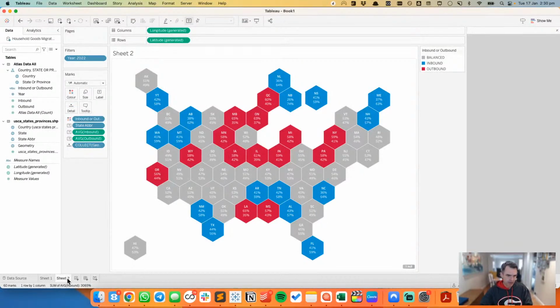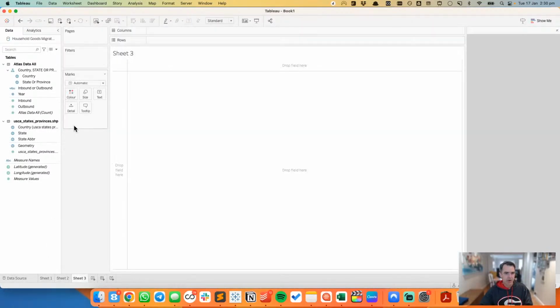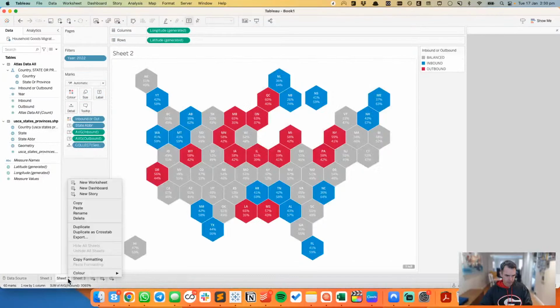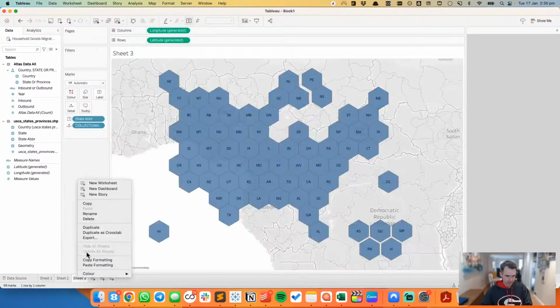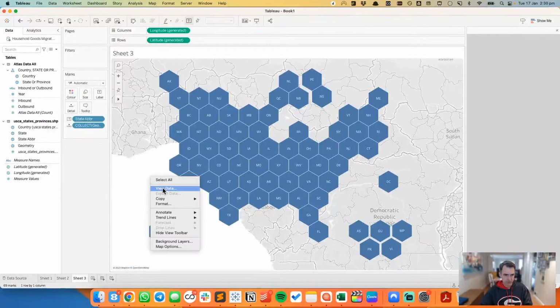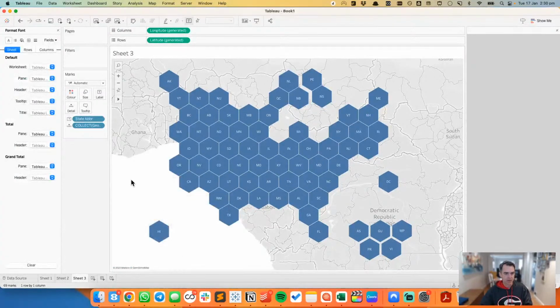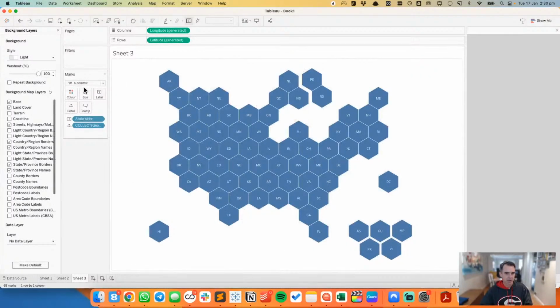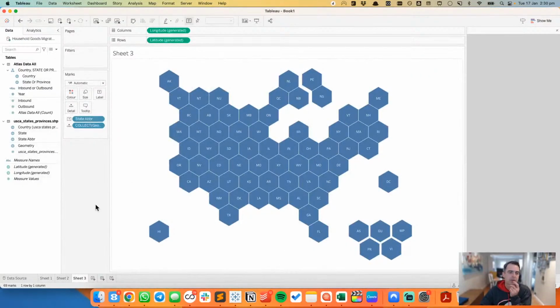I'm going to now, let's see. So I think I'm just going to try a couple of different visualizations here. So again, I'm going to put that on label and then copy formatting, paste formatting. Oh, okay. I was hoping that this would remove the background layer again or wash out the background layer. All right, so what I want to do now is,